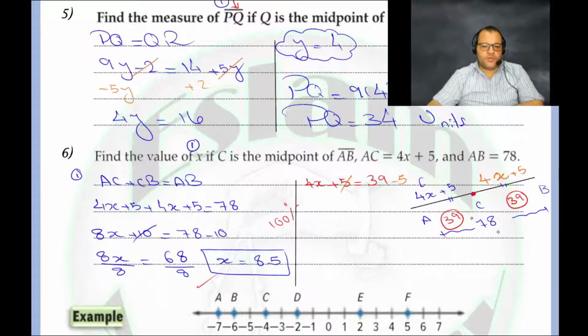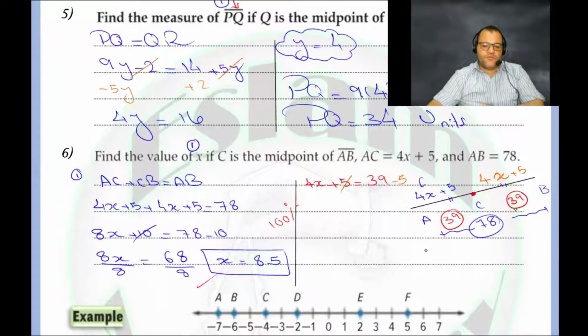So again for this one, suppose we have a line segment here. Its length is 10. And we have a point that lies at the middle. So what is the length of this part? 5. How do you know that? Because we divide by 2, because we have the midpoint. So all of AB equals 78. It means AC is half the length of AB, and BC is 39,